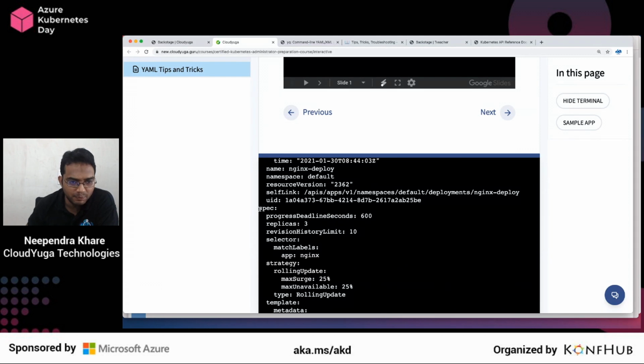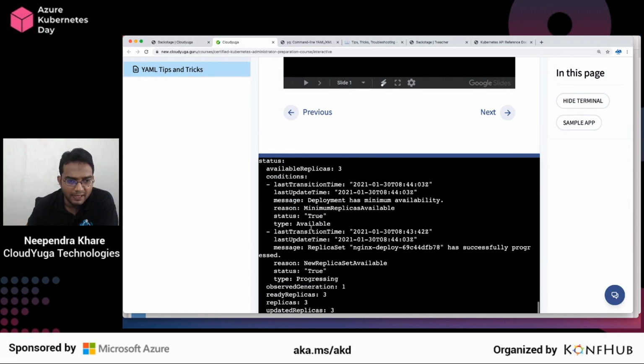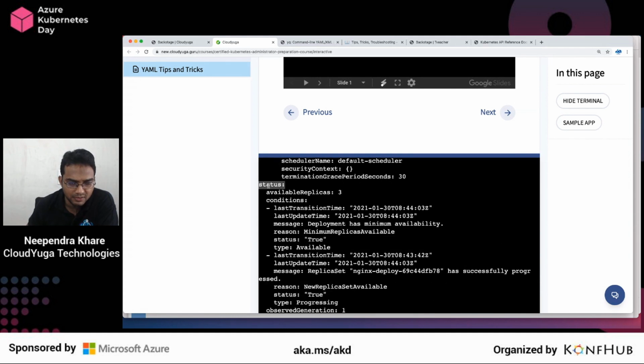One is the spec. The spec defines the desired state that you have. And then we have a section of status. So when you create any object, this object gets created in the Kubernetes cluster, and the status is the current state of the object.